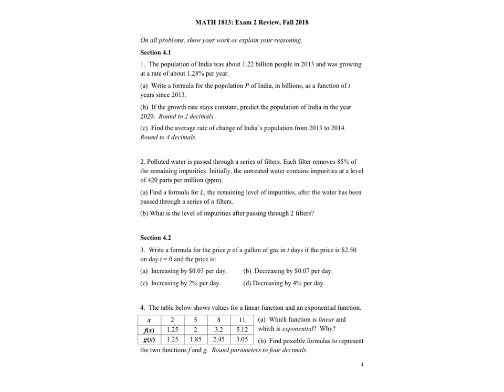So the first problem says the population of India was 1.22 billion in 2013 and growing at a rate of 1.28 percent per year. So this number here is our initial value, or our P naught. And then this growth rate is the rate that we're going to use. And so we know that we have this model, P equals P naught times 1 plus our rate to the T. So our population is going to be 1.22 times 1 plus